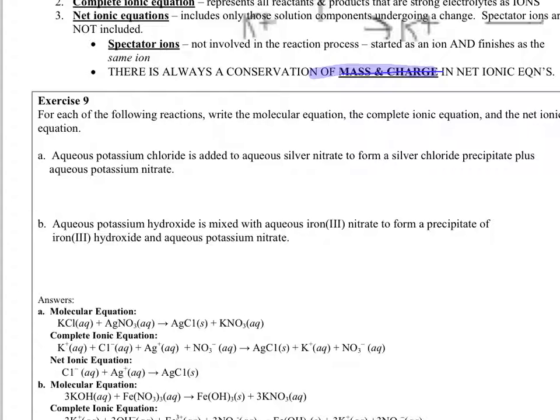Aqueous potassium chloride. Potassium is a K with a +1 oxidation number. Chloride is Cl, -1 oxidation number. My formula is complete. It's aqueous, so I'm going to put AQ. It's added to aqueous silver nitrate, and anytime you see silver, you should already have a note in your head: hey, if I see silver, it's one of those heavy metals. It is probably not going to dissolve. Silver has a molar mass of 107.87. That's pretty heavy. So silver chloride, and it doesn't say silver 2 or silver 3 chloride, so